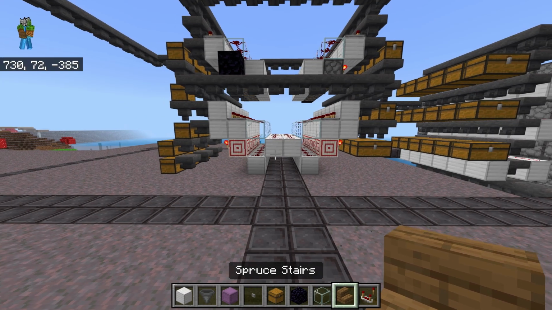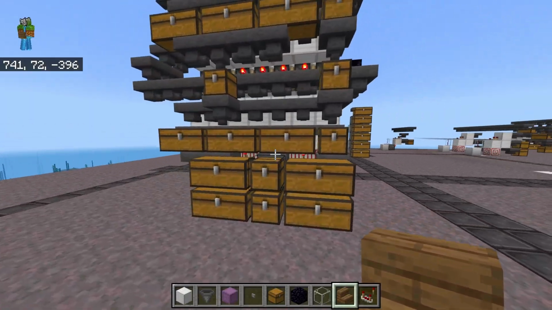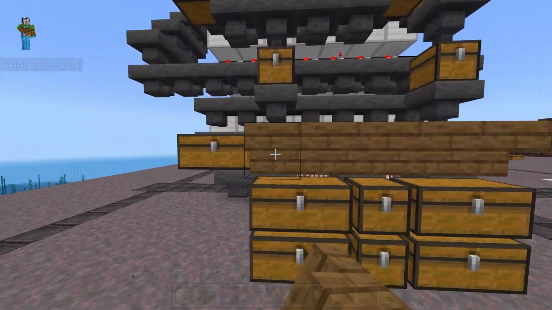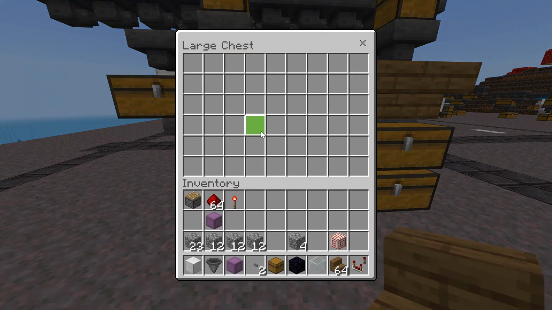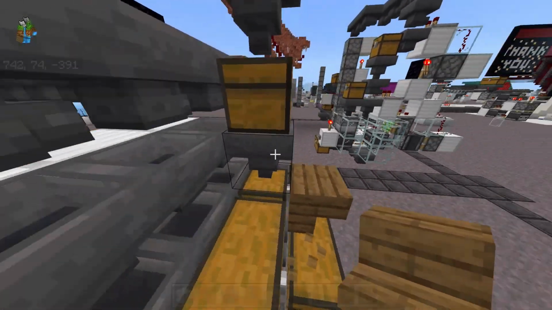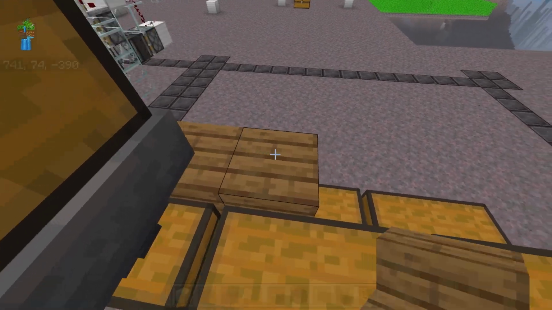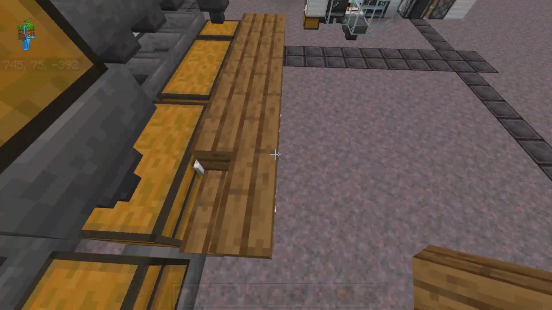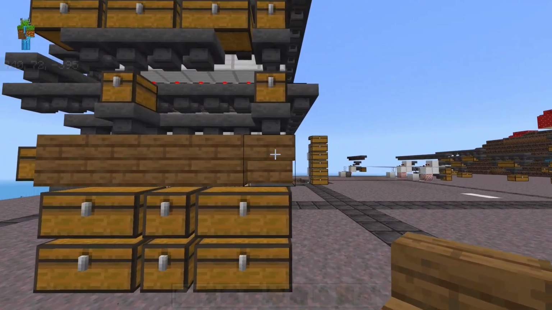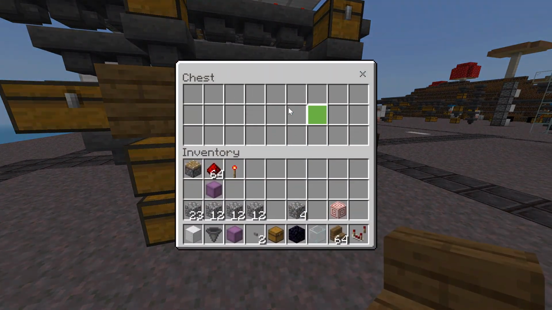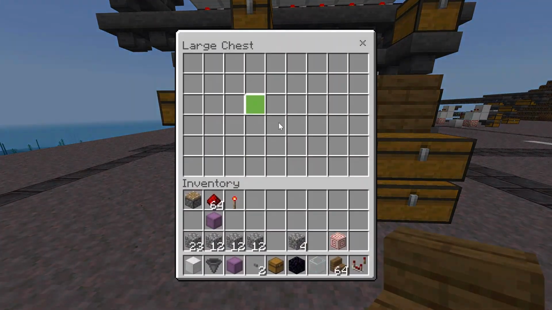But when it comes to hiding all of this nonsense, just remember that you can place stairs on top of chests and you'll still be able to open those chests. And you can place the stair in any orientation. You don't actually have to place it from the front. If you place it from the back, it will look like it's a solid block, but you will still be able to open the chest. And this also means that you can put item frames on the back of the stairs so that you can label what chests are full of what items. This is super duper helpful.